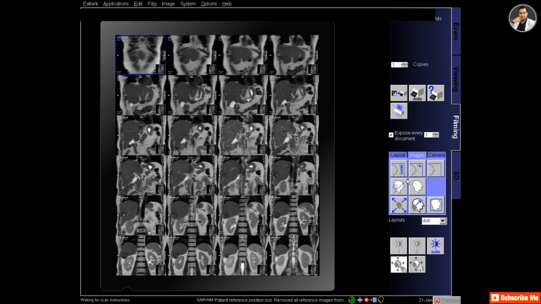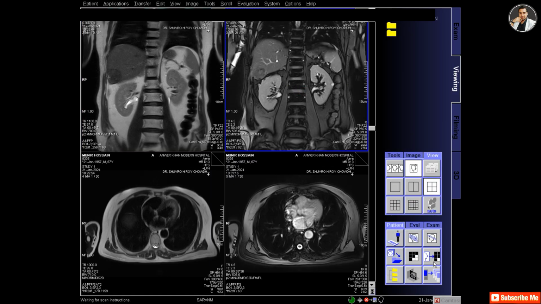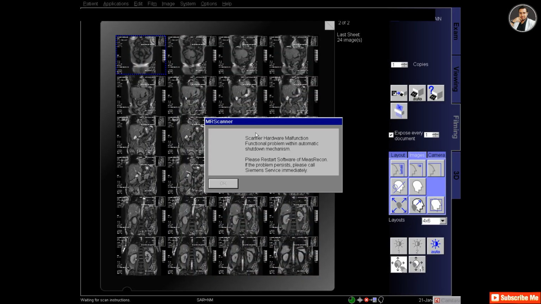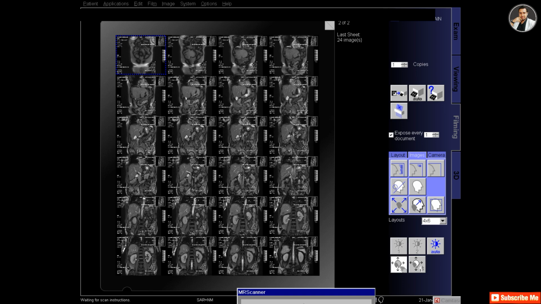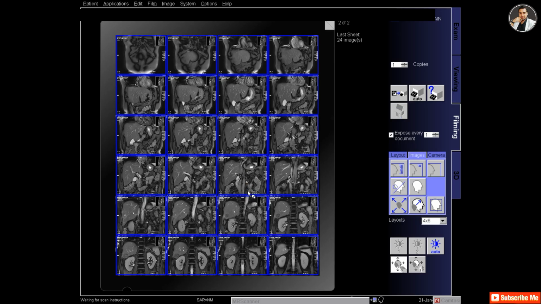So at this point I will just make the film, and watch carefully how many films I provide. And I'm also selecting the fat-sat coronal, that is a TrueFISP fat-sat coronal. So I will provide two coronal: one is normal T2 HASTE coronal, and the other one is TrueFISP fat-sat coronal.